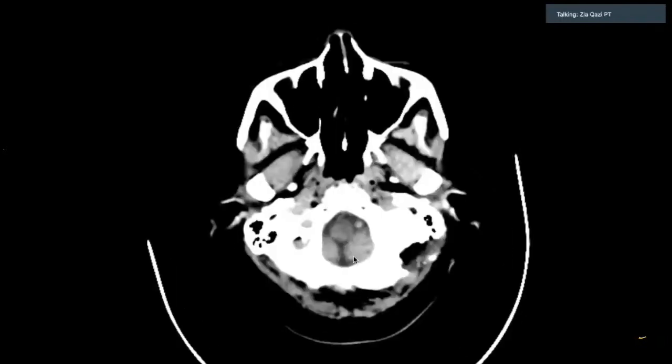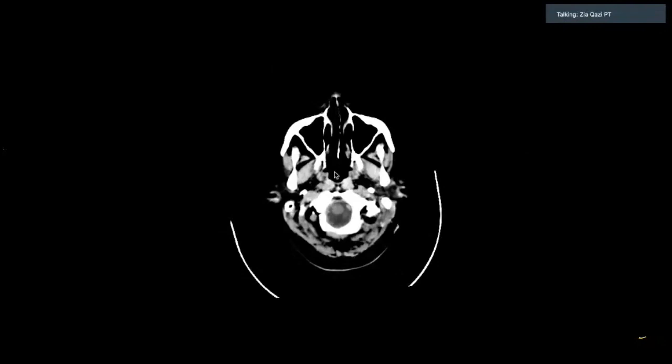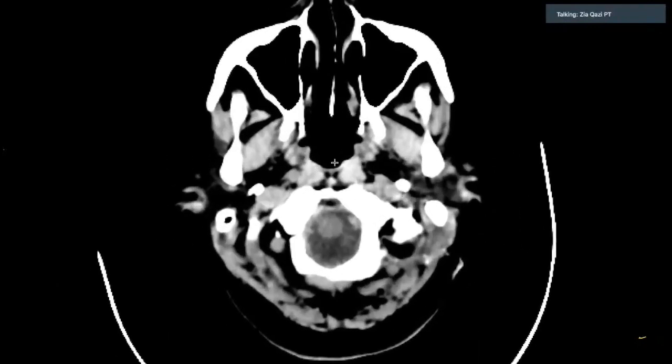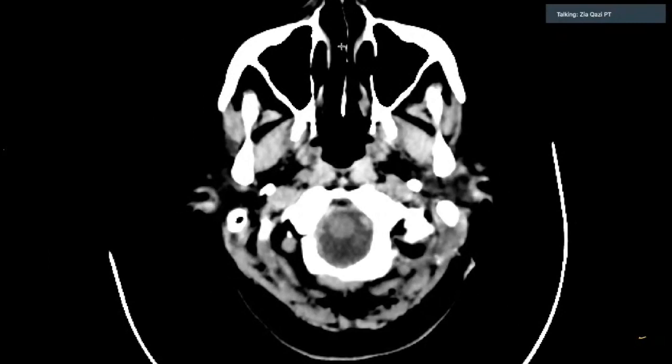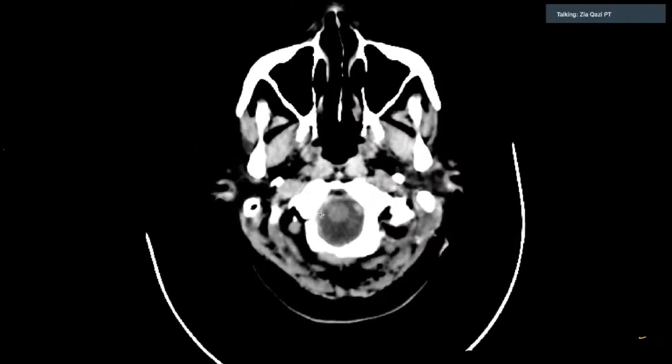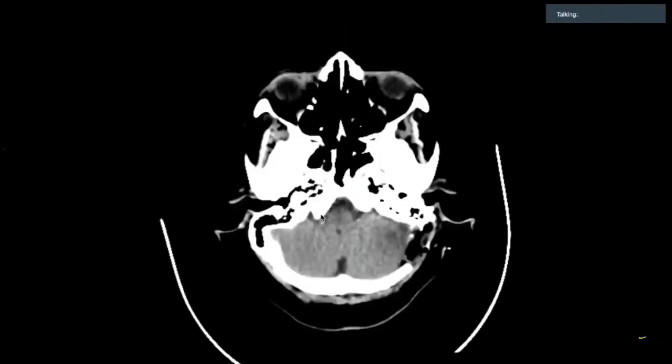Okay, as we go higher and higher, at this level you see the external auditory meatus symmetrical bilaterally. The nasal cavity looks symmetrical bilaterally. Both the sinuses appear same bilaterally, they look similar. There is no deviation of angle. You see the bones also very well in continuity, there are no fractures. Then you see the foramen magnum symmetrical, straight, has not rotated to any sides. As we go higher and higher,